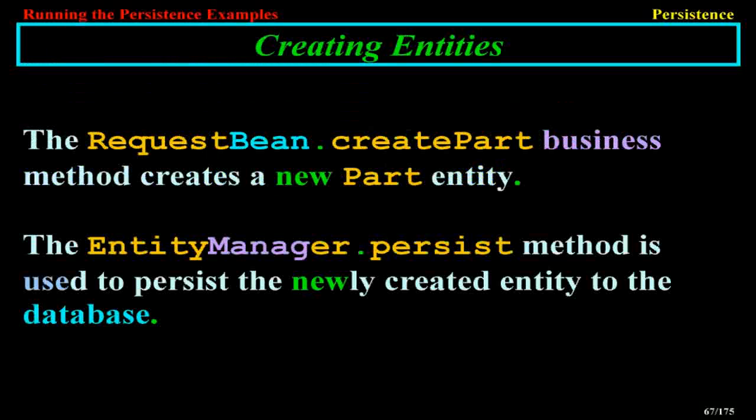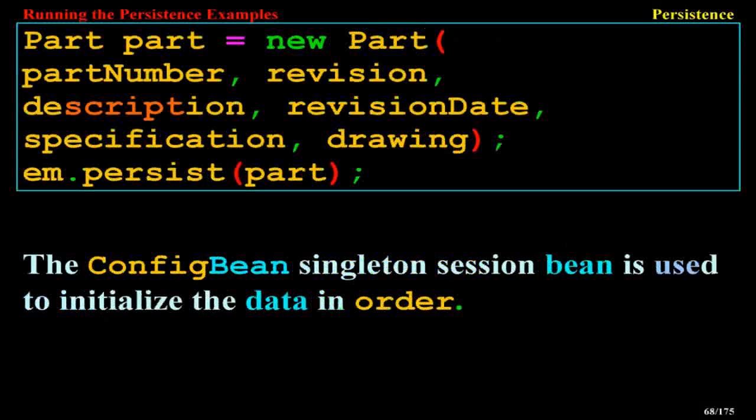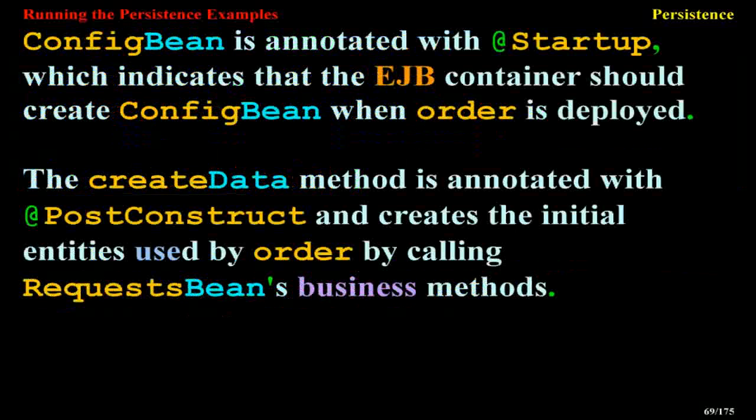Creating entities. The RequestBean.createPart business method creates a new Part entity. The EntityManager.persist method is used to persist the newly created entity to the database. Part part = new Part(partNumber, revision, description, revisionDate, specification, drawing); em.persist(part);